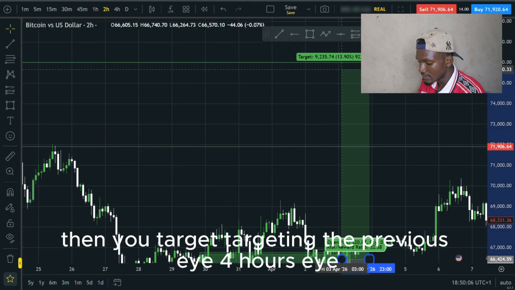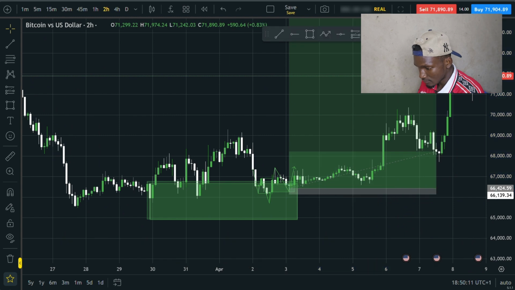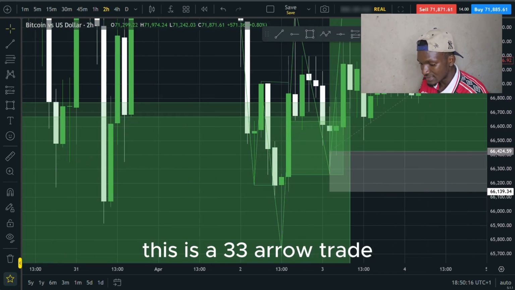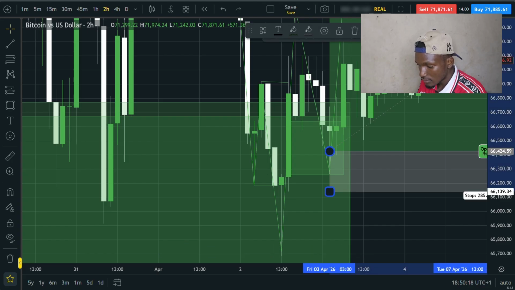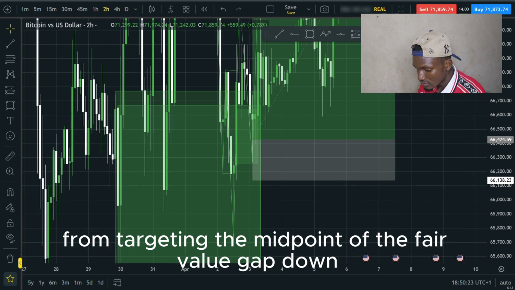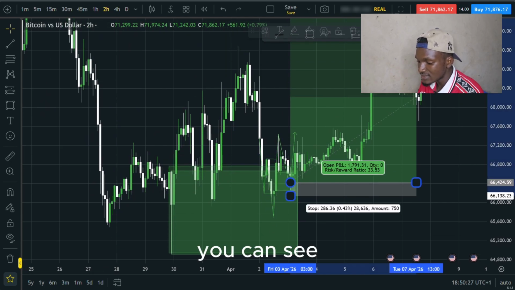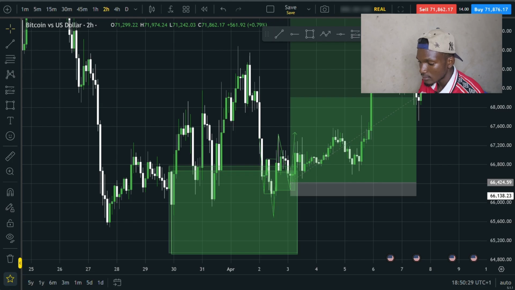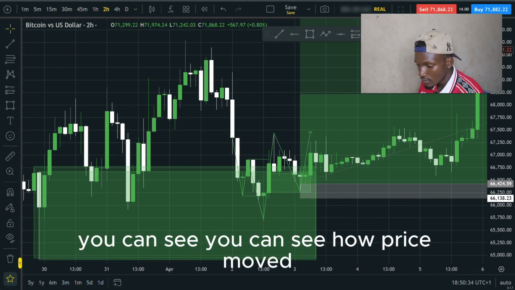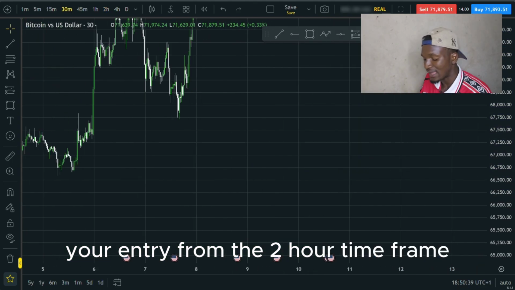Then you're targeting the previous 4-hour high. You can see this is a 33 hour trade, from targeting the midpoint of the fair value gap down, with the stop loss here. You can see how price moved. So if you are not too sure of taking your entry from the 2-hour time frame, you